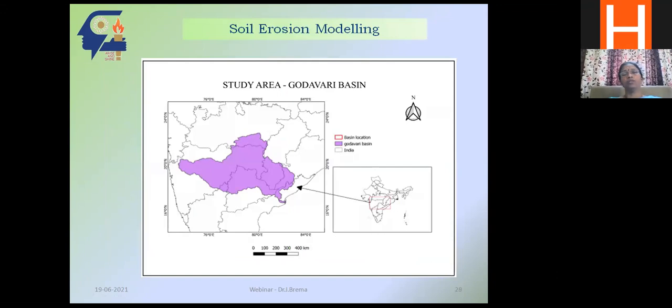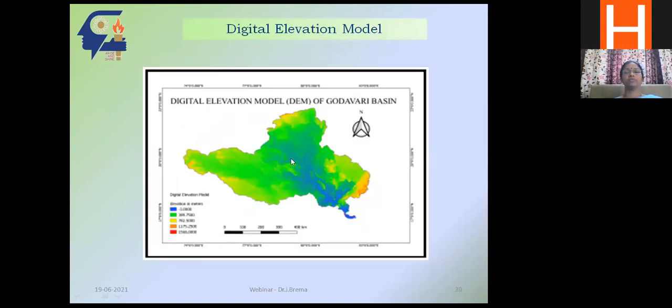Next, I have taken one study on soil erosion. This is done in the Godavari Basin, where part of Telangana and part of Andhra Pradesh is covered, and a little bit of Maharashtra is also there. So what we did was we tried to identify the rainfall changes taking place over 4 decades, and the changes in land use, land cover, and based on various other factors, and using a particular equation called the universal soil loss equation, we tried to identify the effect of sedimentation in this particular Godavari basin.